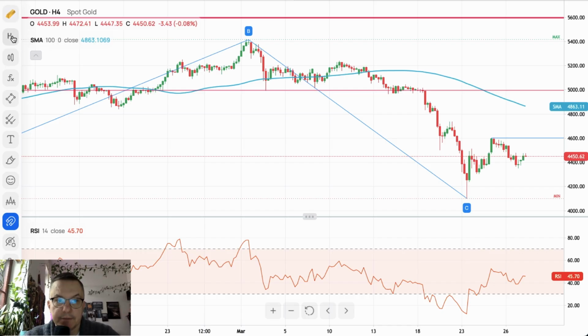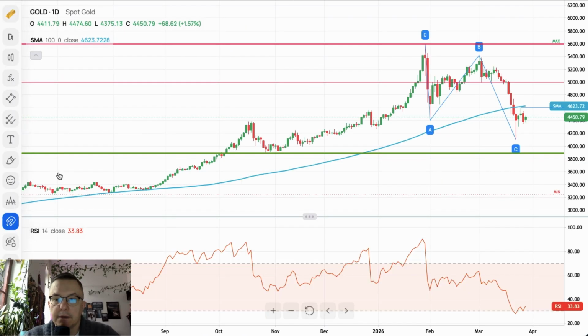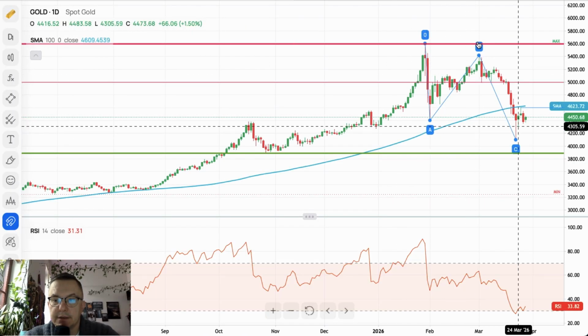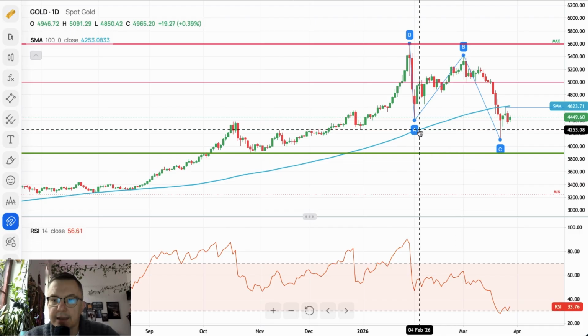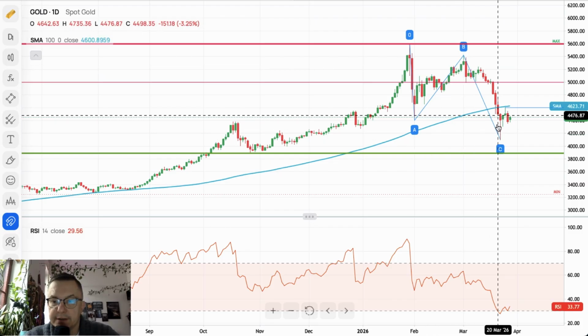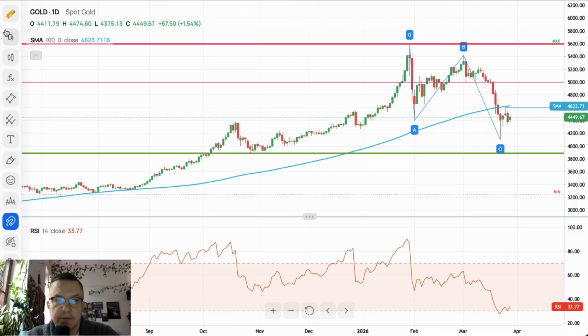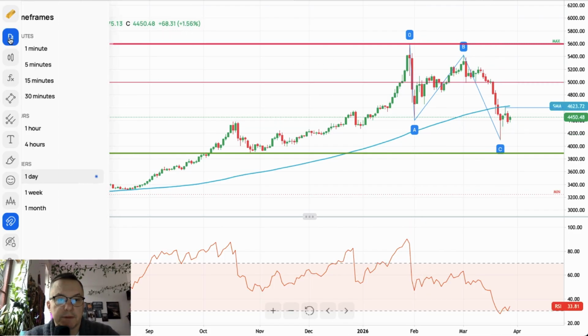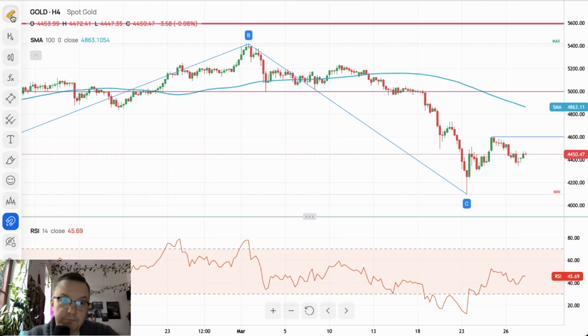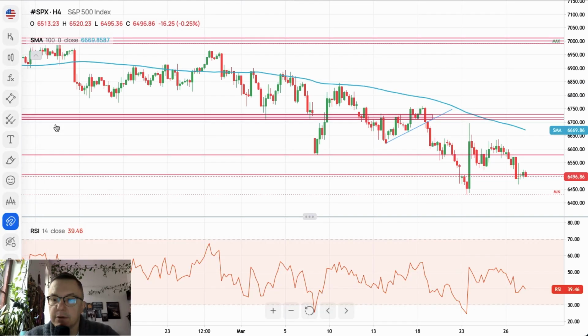So for now, it looks like bears are in charge of this market. ABC to the downside is completed. Let me just take a look here at that situation. ABC to the downside looks completed, and we should see the current situation as a corrective. Potentially it is done, and now the market might be ready to move higher if ABC is enough for the market to continue, right? Remember, this corrective cycle might evolve into a more complex and time-consuming one.